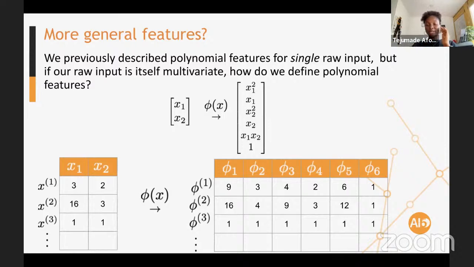So this is important to keep in mind, because eventually we'll move on from explicitly doing this calculation to a space where we don't have to do this explicitly. It does this implicitly, but the idea is still the same. This is what it's trying to do. It's trying to do a lot of combinations of your input space.